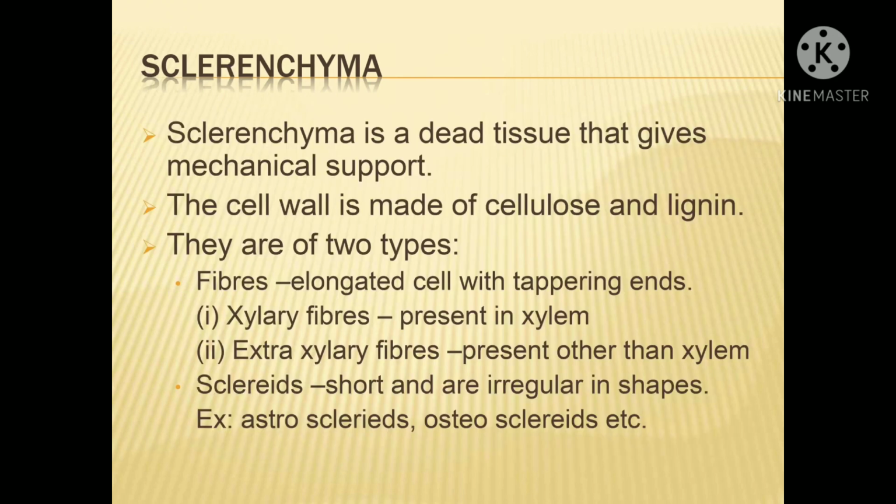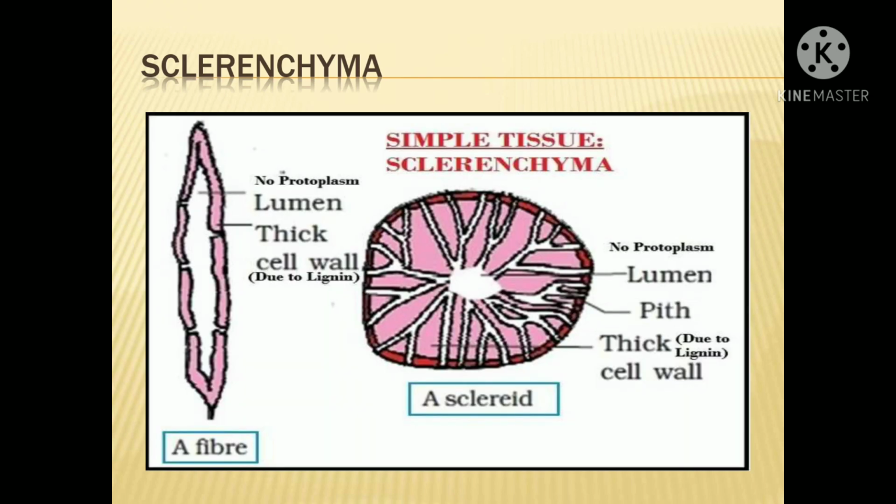Whereas sclerenchyma are dead tissues because of the deposition of cellulose and lignin in the cell wall, and that thickening causes blockage of the passage of nutrients, so they are dead. They don't have a nucleus, they don't have organelles, because of the deposition of lignin and cellulose in very thick concentration. So the center will be empty, and that we call the lumen.